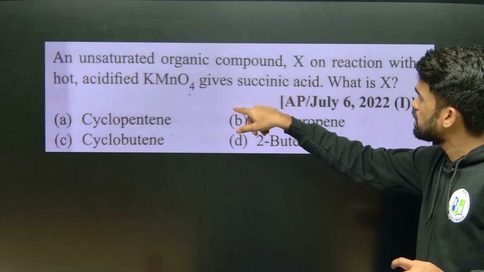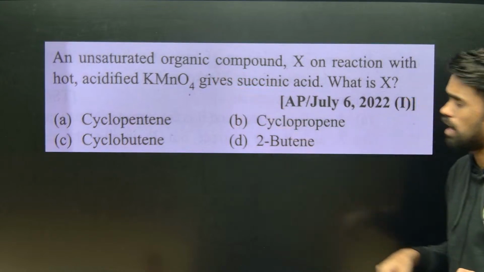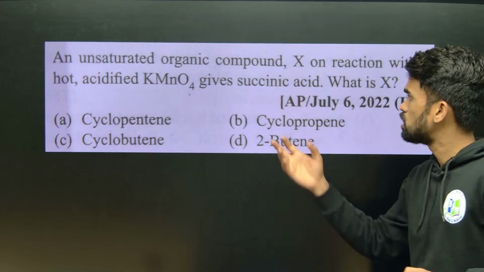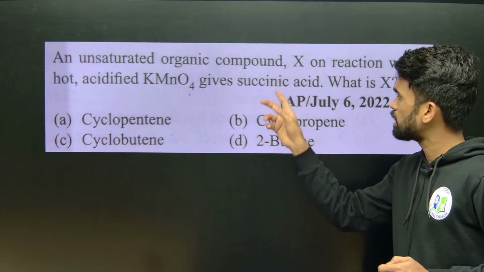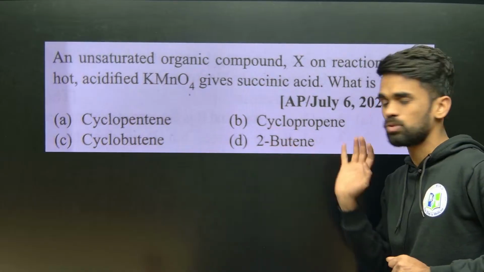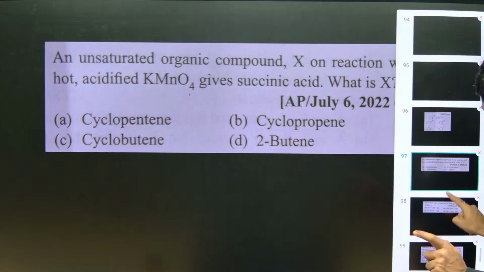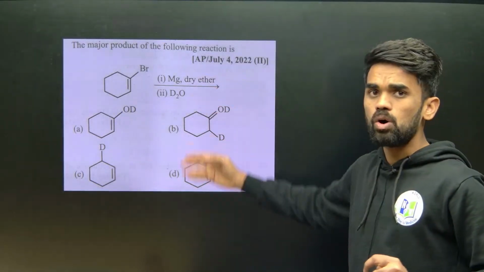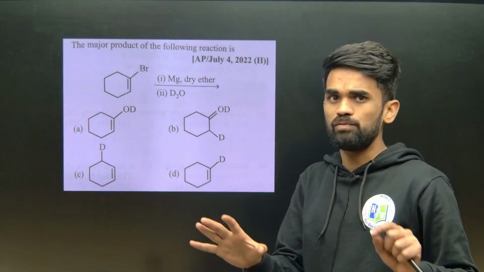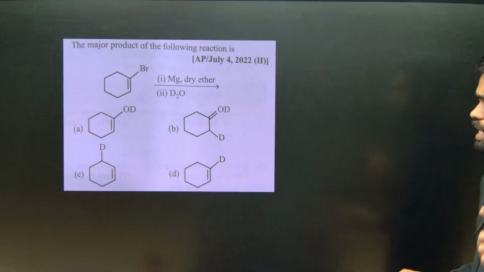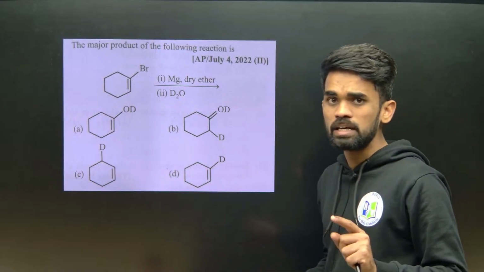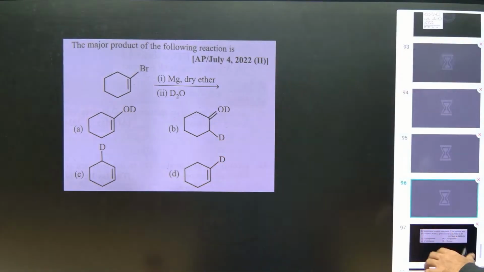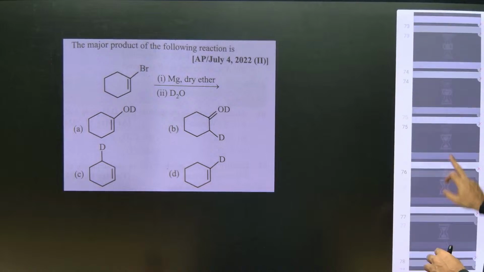See this one again, they are treating an unsaturated organic compound X with hot acidified KMnO4. What will be the reactant that gives this succinic acid? Very easy. Once after completing this discussion, you are going to solve all these questions without any confusion. So just patiently listen to this session till the end, and definitely you are going to answer all these kinds of questions. So let us start our discussion on chemical properties,